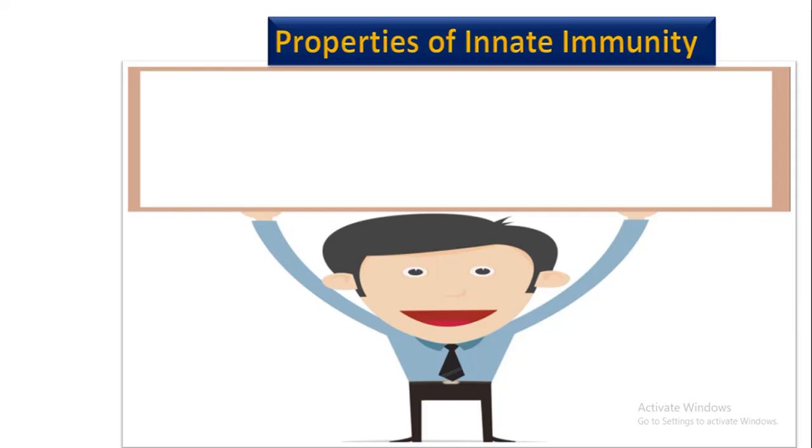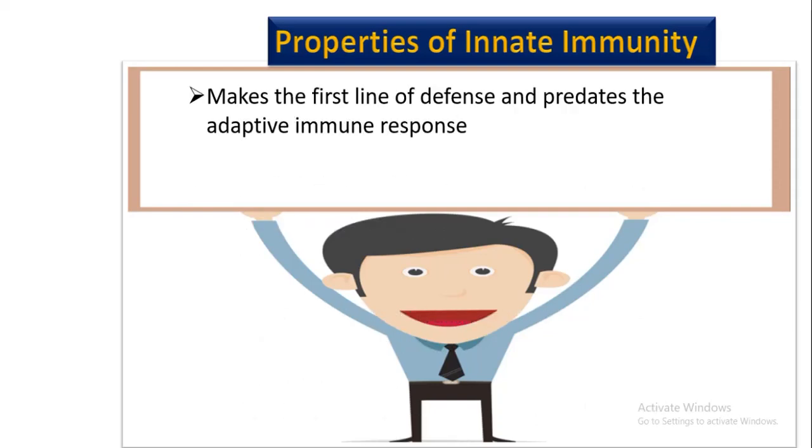So we have simply talked about the innate system and its components. Now we need to understand the properties of the innate system. I've already explained that it forms the first line of defense, and it makes sure that it fights any foreign material before it causes more damage. Before they cause any more damage, this innate system plays a role in fighting and engulfing. So I've already explained this concept, whereby I've said it forms the first line of defense.